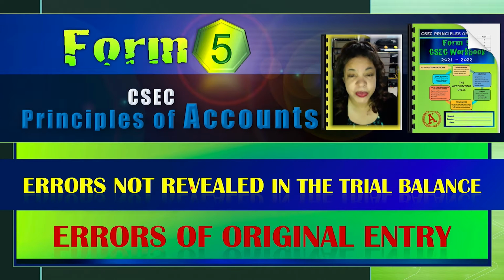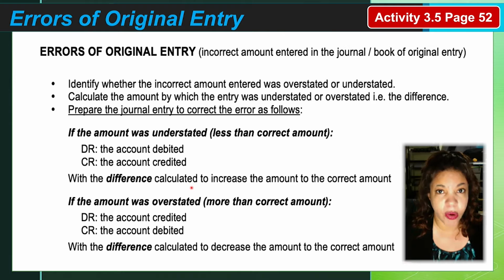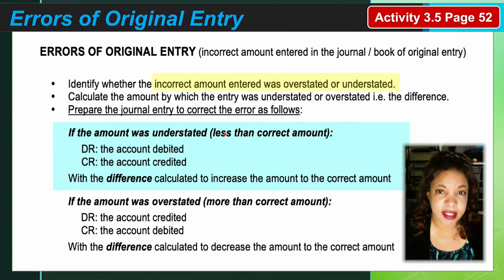Okay, so this video is to just go through 3.6 very quickly. Just remember that's an error of original entry. Once you see it's a journal, daybook, or the source document itself, that will alert you to the fact that this is an error of original entry. And what you have to do, it is the incorrect amount, meaning that the error, they either understated the amount,